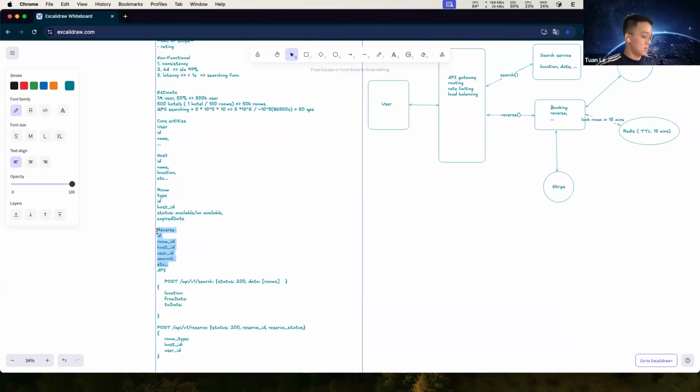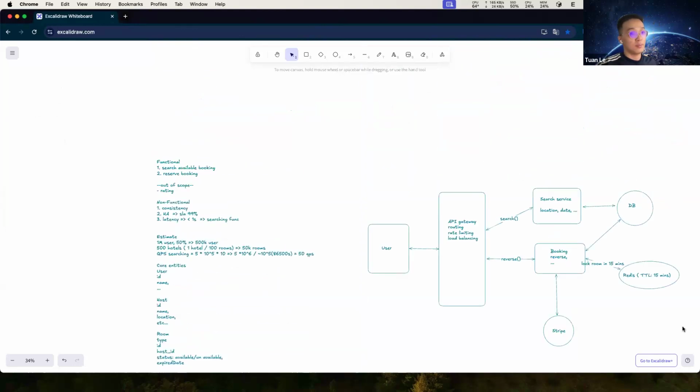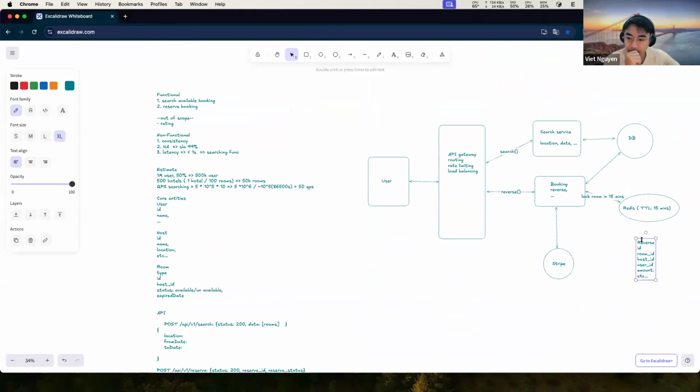So can you walk me through the whole flow, like how the user interacts with the system and how the whole data flows for the functionality we want?